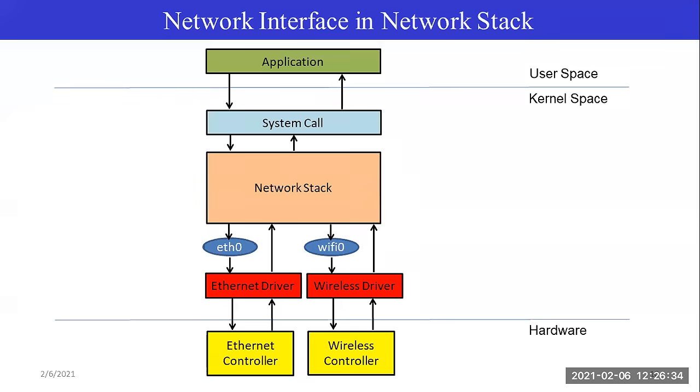What the network stack cares about is the IP address, TCP or UDP protocol, the port number, and the data. So whether it is coming from the eth0 or Wi-Fi wlan0, it doesn't matter. This interface related information is required only when the network stack is sending the packet. It is not required when the network stack is receiving the packet.